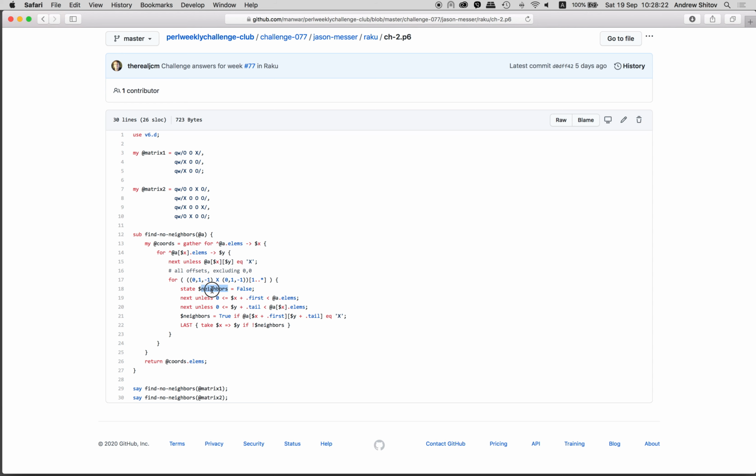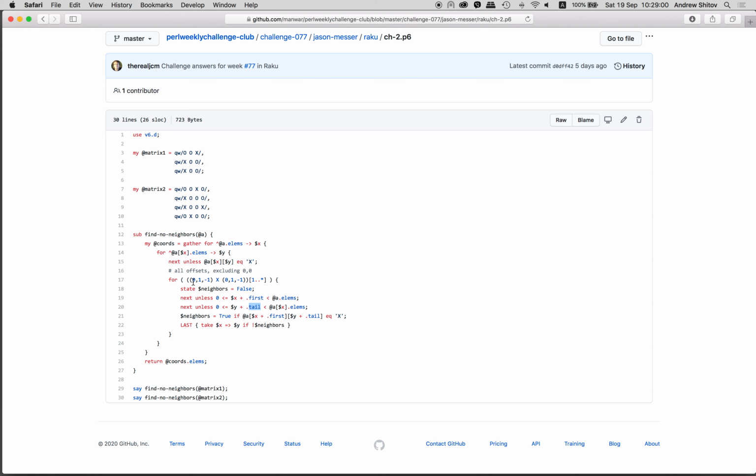Then state variable. So yeah, state variable. We want to keep this state, but we don't need it outside of the loop. Right? It's used here and there. So next and last. Basically, these 2 lines save us from going outside. Right, so if this one plus something is below the, again unless, so yeah, you have to read it and negate it. So basically, if the neighbor is outside the matrix, right,